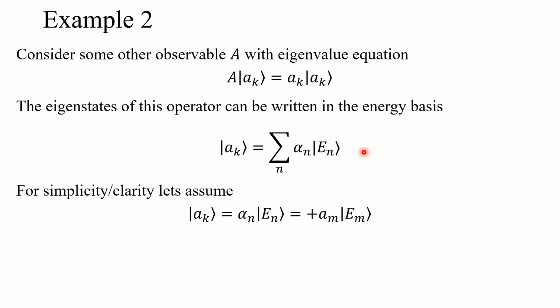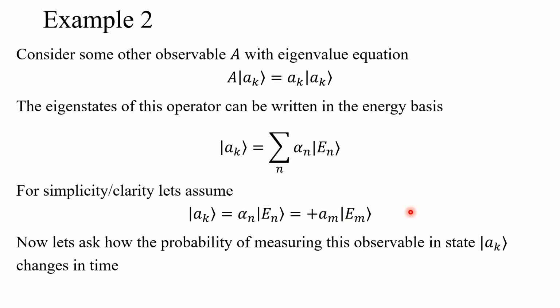We don't need to assume this, but it's much easier to show in just a two-state example. Let's assume, for clarity, that the kth eigenvector of our operator A is just a superposition of the nth